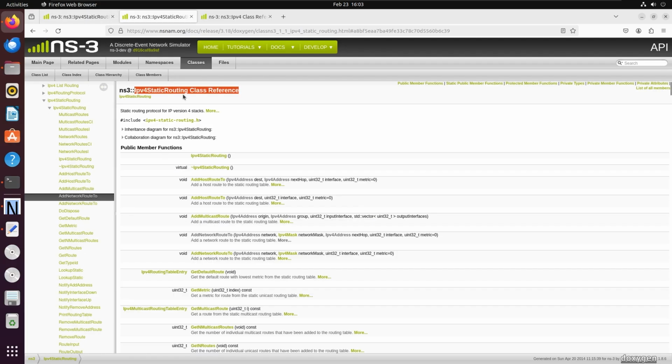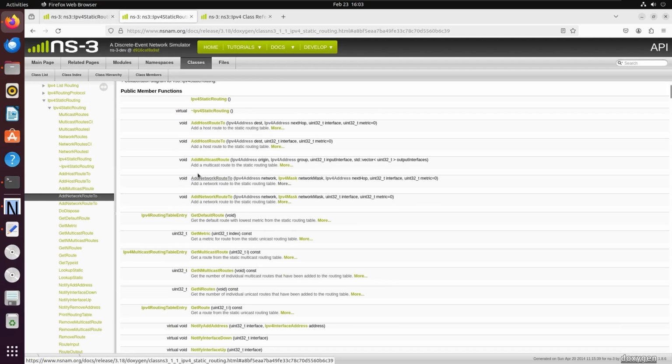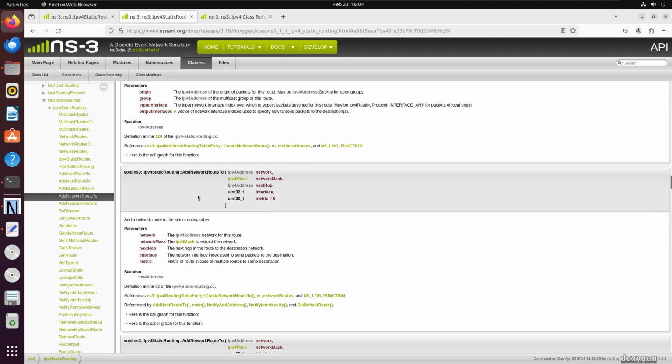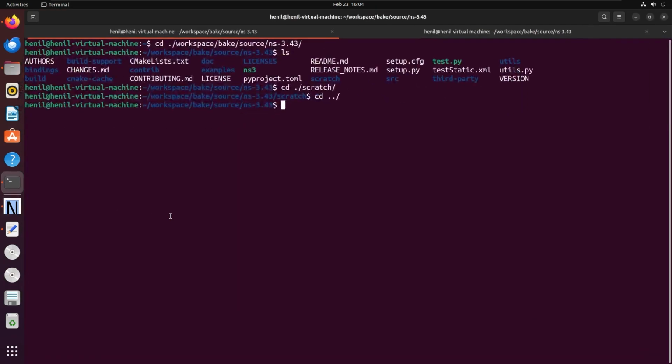And using this static routing table, we can just add a route using this function, right? So this is the overview of how you can simulate the static routing table. And what we'll do next is,